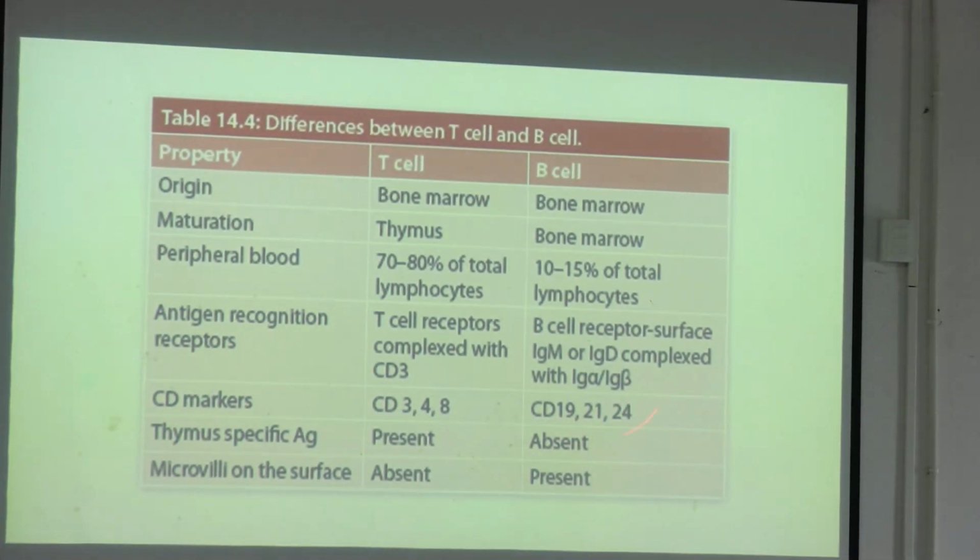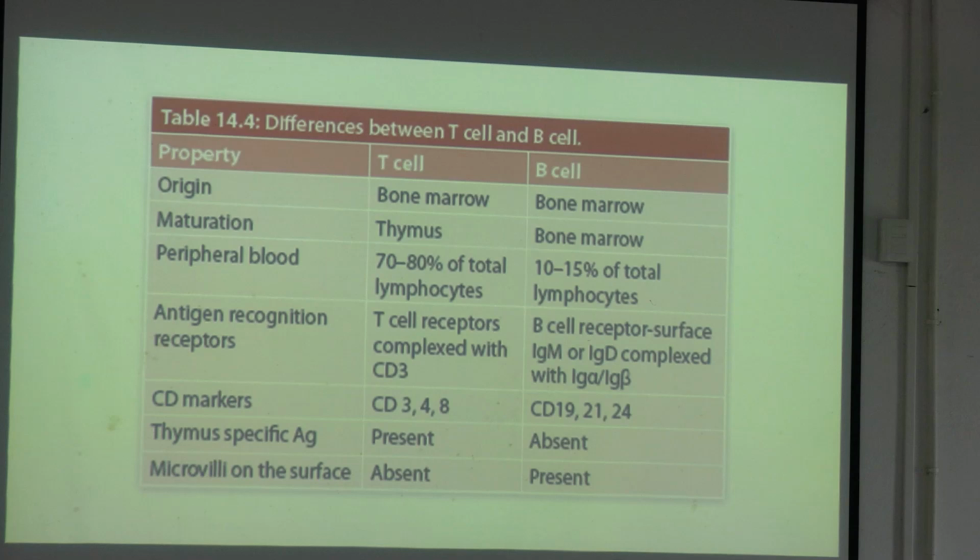Yes, to mount a rapid immunological response you need to have an immunological memory, and that immunological memory is imparted by the memory cells. Okay, T cell or B cell difference, this is very easy, but the only thing that you have to remember is the markers. You see the CD markers in the T cell it is 3, 4, 8, and in the B cell it is 19, 20 and 24, 19, 21 and 24. You have to remember the CD markers. And the maturation is in the thymus for the T cell, in the bone marrow for the B cell, and all of them originate from the bone marrow itself. Okay,